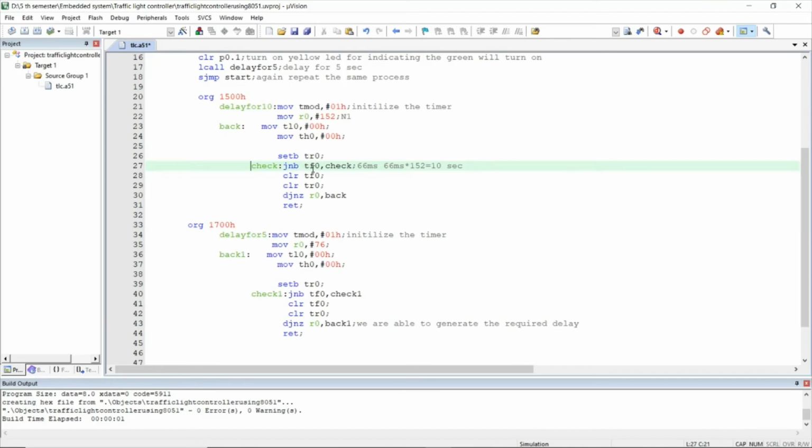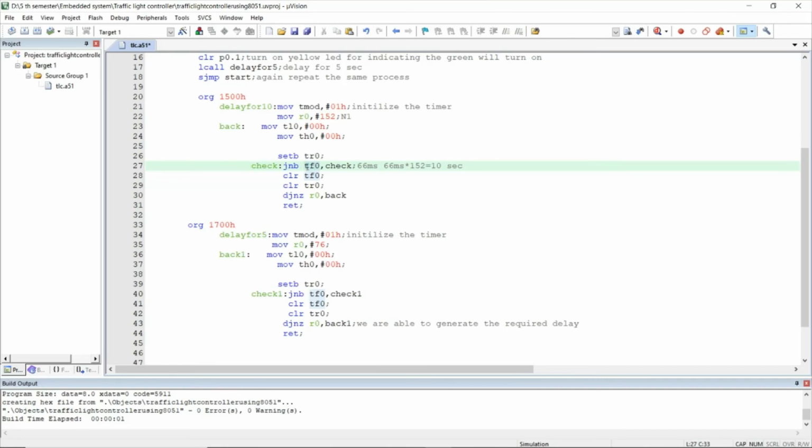And here there will be checking for the TF0. This is a flag. So in this line only the 66 millisecond delay will be generated because there will be a check for the overflow. When the 66 millisecond delay is generated, the TF0 becomes 1 because there is an overflow. That means overflow means here 0 0 0 0. These are 0 0. After they become FF FF, when we increment them once more, they will become 0 0 0 0. They again come back to where they have started. In that case, TF0 will become 1, and the condition fails.